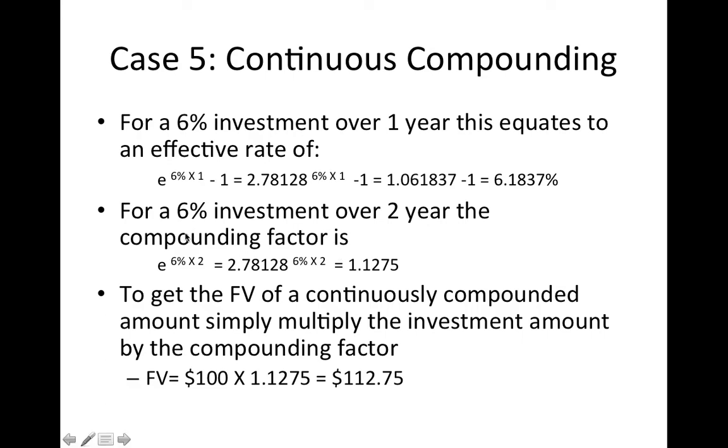Okay. Now, if you want to do this for 2 years, you go through the same process, but you have a 2 in here instead of a 1. That gets 1.1275. You could just keep doing this for as many years out to get that value. This is not the amount of money you're going to have. This is what I call the compounding factor. It's what you're going to multiply your initial investment by in order to know what you're going to wind up with at the end. So to get future value, you would take your initial investment, $100, times your compounding factor, and you get $112.75 in the example for 2 years.